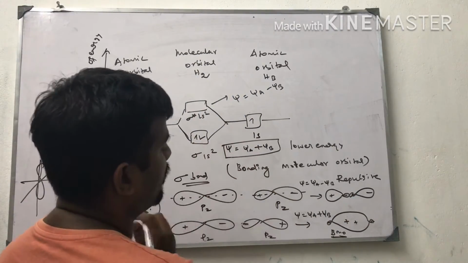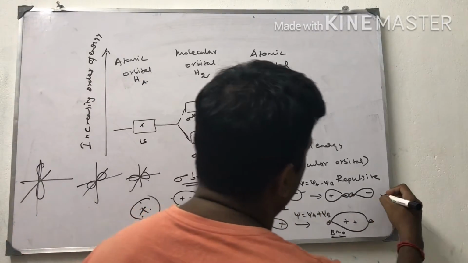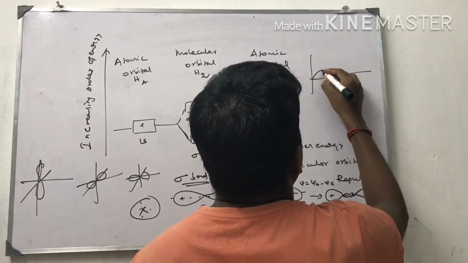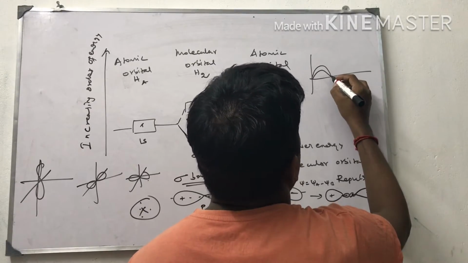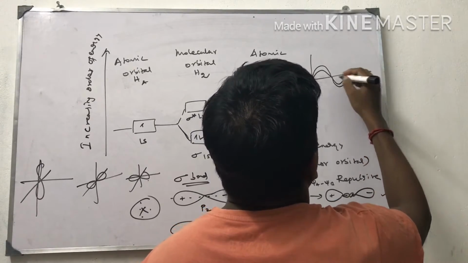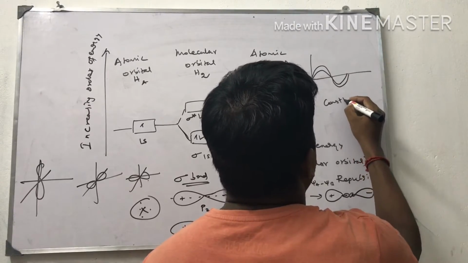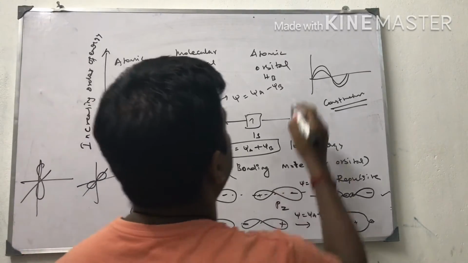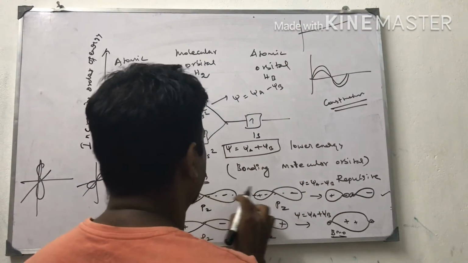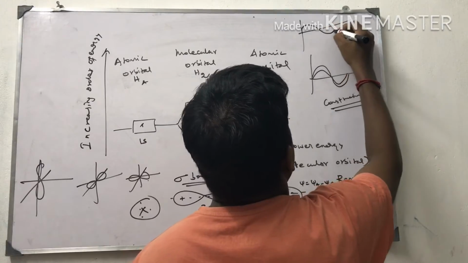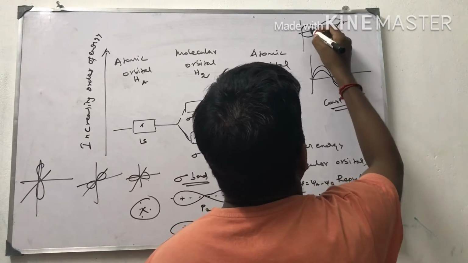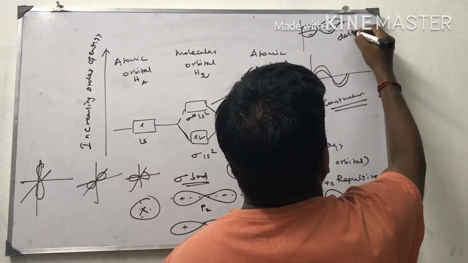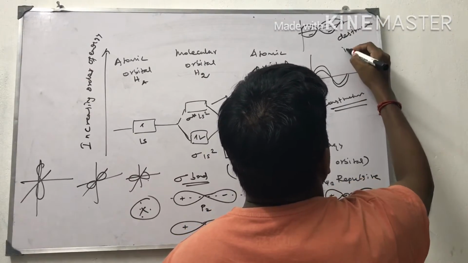that is one crest and trough overlapping, it will give like this. Suppose crest and crest overlap, called constructive overlap. This is one crest, again it is overlapped by one more. This is called constructive. That is why I am telling this minus and minus, plus and plus. Destructive means this is one minus, this is plus. So they combine like this, plus minus. This is called destructive interference.